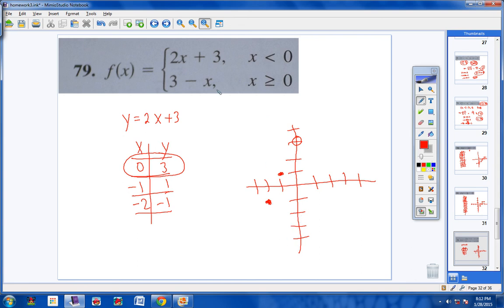Now students, listen to me. Look at the domain here for this graph that you just did. It's x is less than 0. X is less than 0. So your x values cannot be over here. So you do not want to put the graph like this. You don't want to hit the point here and then keep going like that, because then you're over